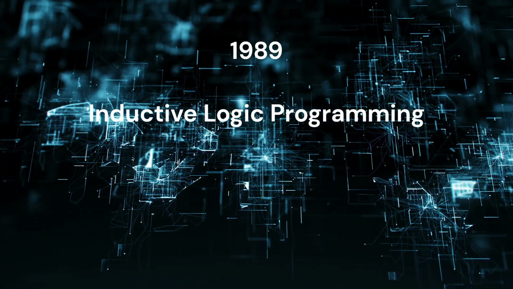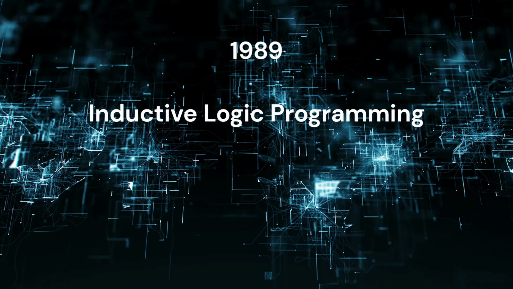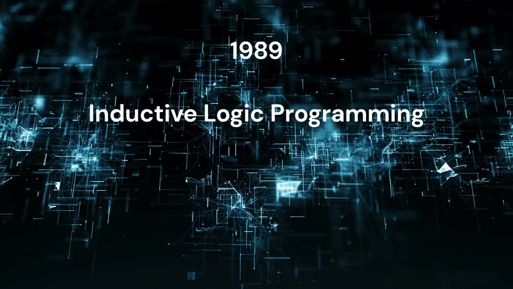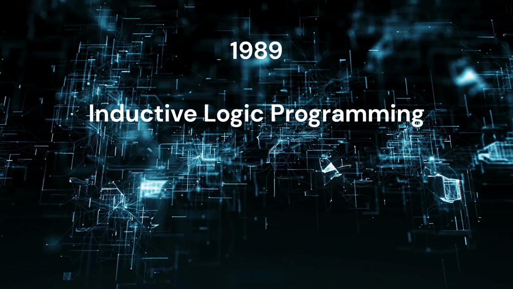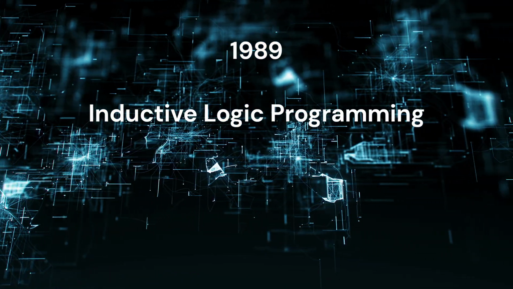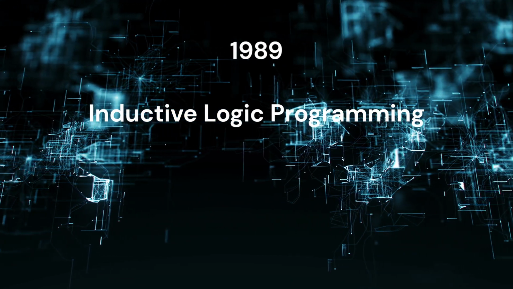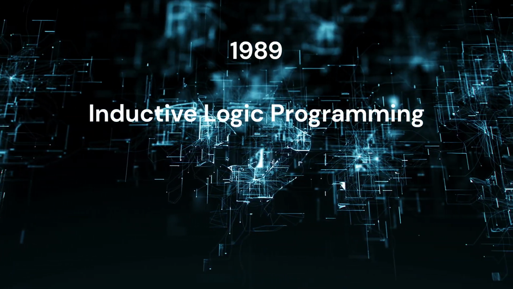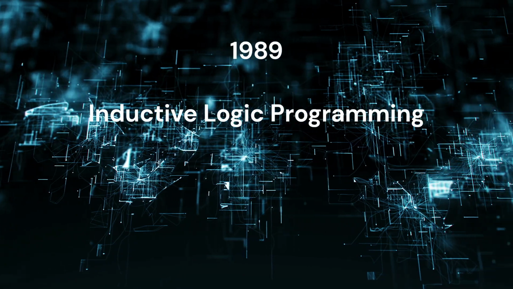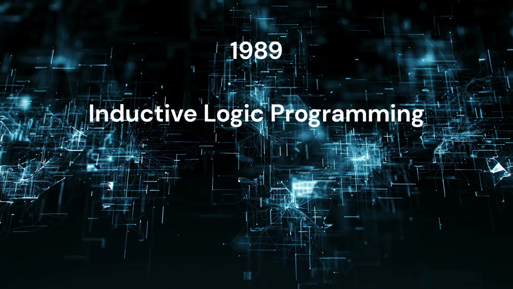The availability of inductive logic programming systems and datasets further facilitated the development and evaluation of ILP algorithms. Systems such as Progol, FOIL, and Aleph provided tools for inductive logic programming research, allowing researchers to experiment with different